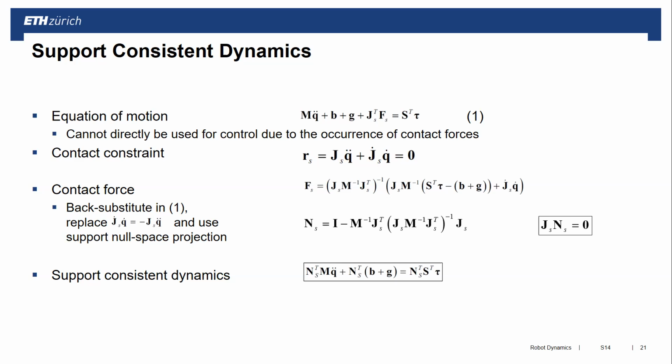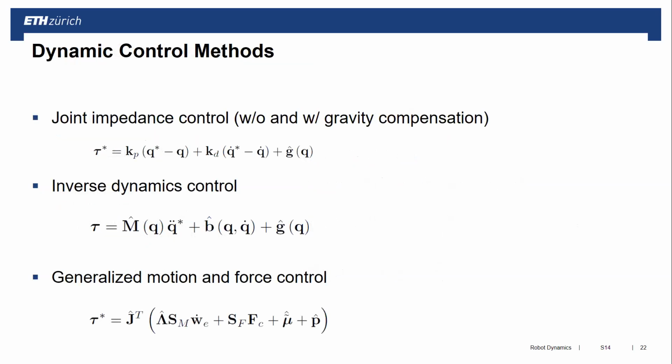Good. Now we have floating-base dynamics systems. We have an understanding of how we write down the dynamics equations of motion for floating-base systems, also if constraints are active. And with this, we went on with dynamic control. Very simple. First control method is let's just look at each joint individually. And what I do now is I make a PD controller